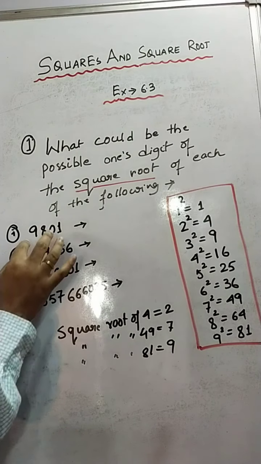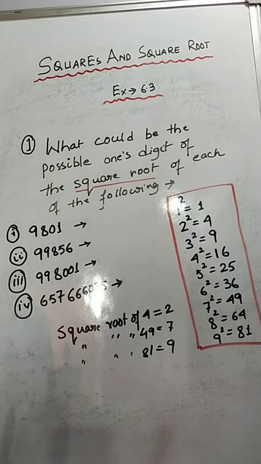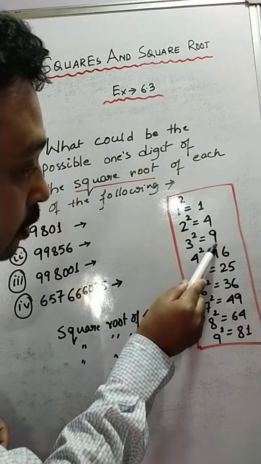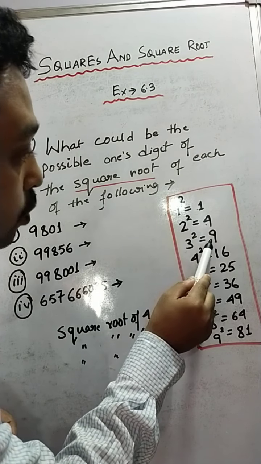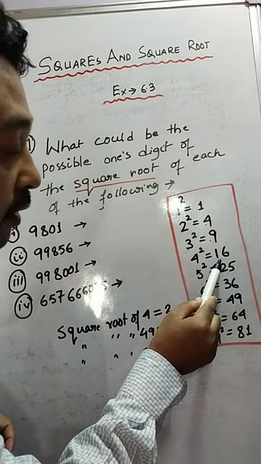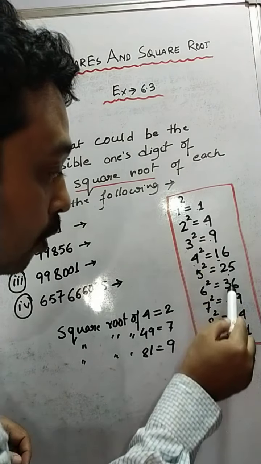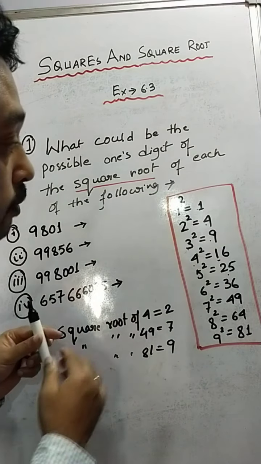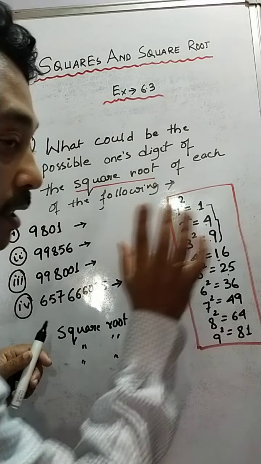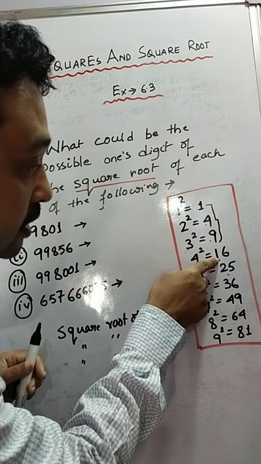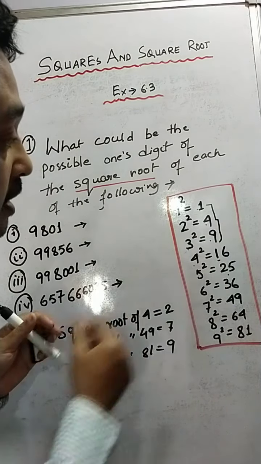Now what they have asked is, what will be the square root of this one? What will be the square root of this one? If you carefully observe, if I consider these all as square roots, the square root of 1 is 1, square root of 4 is 2, square root of 9 is 3, square root of 16 is 4, square root of 25 is 5. Carefully observe that the first three numbers are all one-digit, isn't it? But when we start from here, there are double digits. So when we are considering the square root,